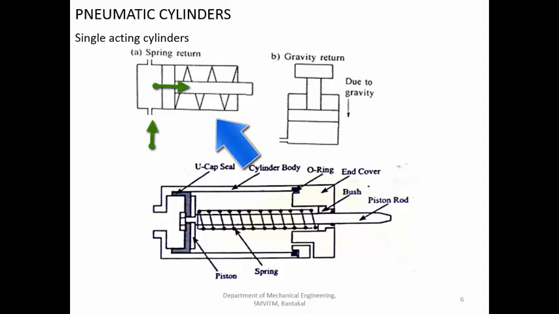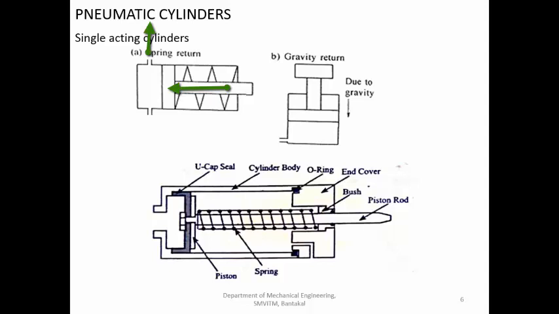Now you want to pull back the load or simply open the door, so you don't want to apply a lot of force here. You just have to stop the supply of the fluid and open this particular port by controlling the direction control valve. Then when this port is opened, the oil here is already under pressure and you have the spring on the other side. Because of the spring, the piston will be pushed backward.